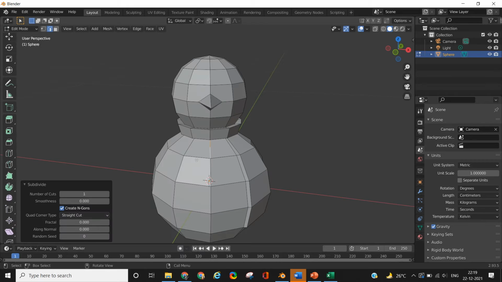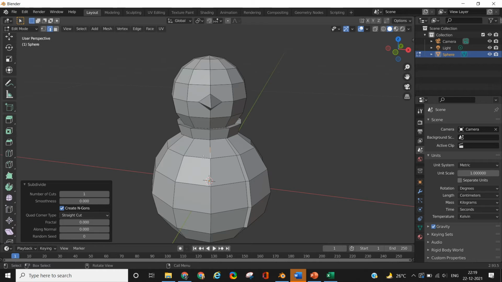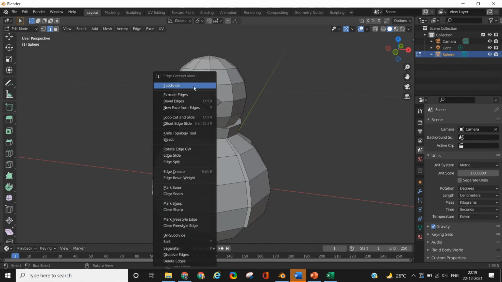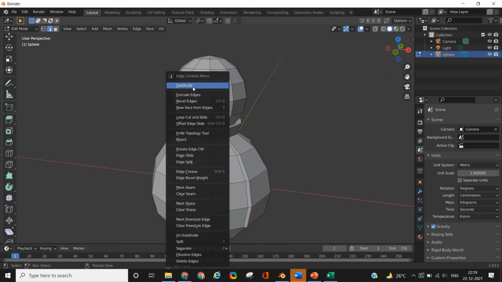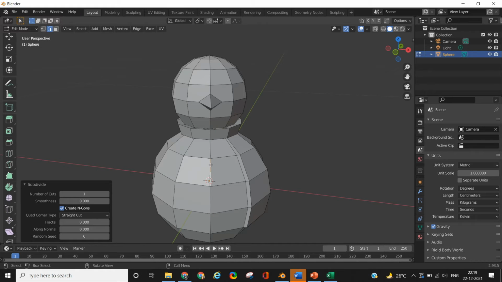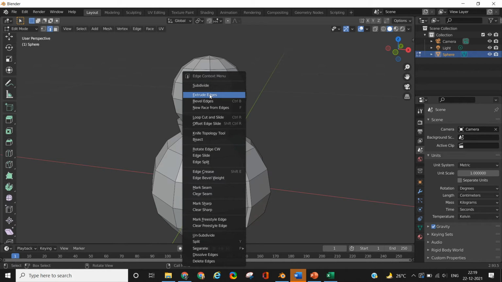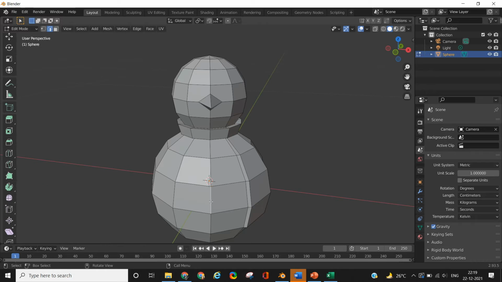Next we are going to create buttons on the snowman. So for that, select the same circular vertical ring on which you have created the nose, and then for the edges that are surrounding the vertices on that ring, we are going to subdivide those edges 2 times, especially those ones which are common between the 2 vertices, and the last one we are only going to subdivide once. Now we are doing this so that we can cut those edges slightly, and later on we are going to use a knife tool and create buttons out of that by joining the faces.